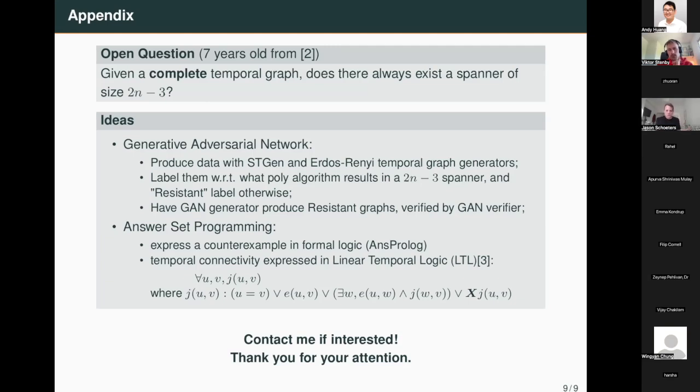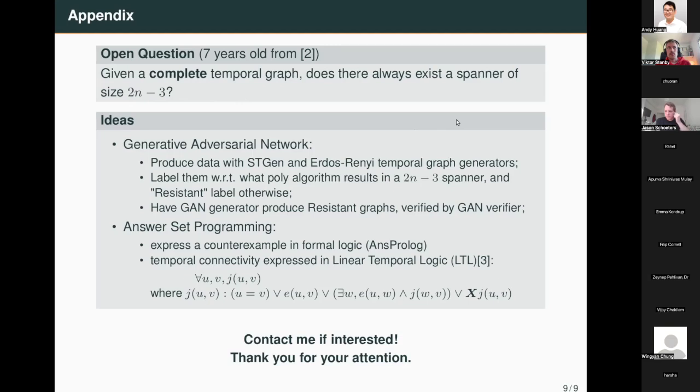But it's still unproved, and there's been some papers on this saying, okay, if we consider some more properties instead of just a complete temporal graph, if we consider that it has this or that, then we actually obtain this, or we obtain a similar result. But this very crucial and very simple question is still unanswered. And so I was thinking maybe it's time to put some machine learning to that, or pattern recognition. But I'm not an expert at all on it.